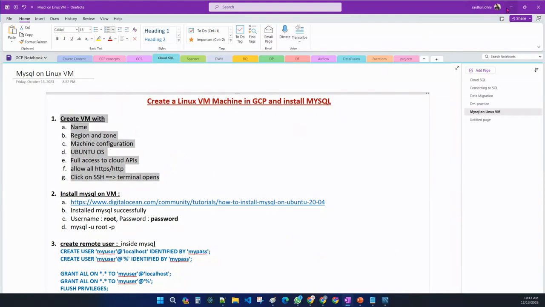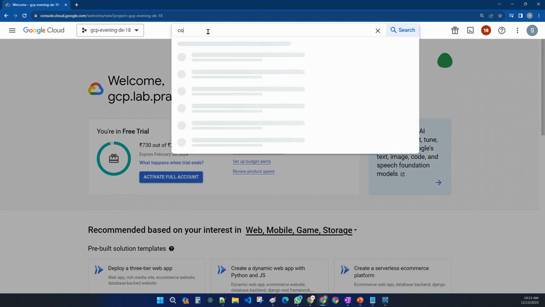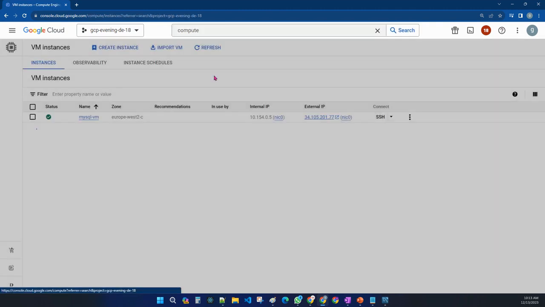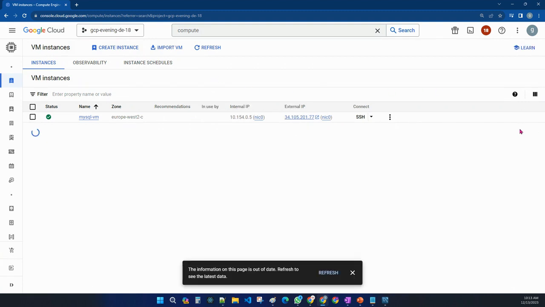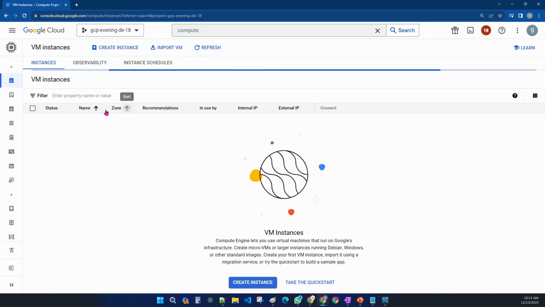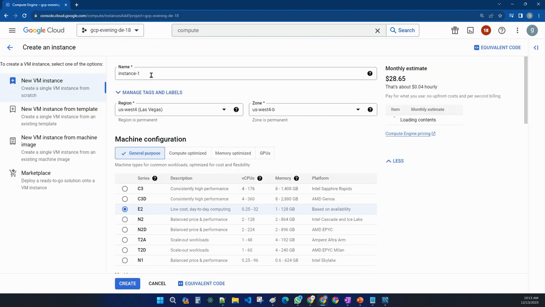Let me go to the Google Cloud platform. Now I have logged into my Google Cloud platform. Search for the compute engine. Click on the compute engine. You do not have any instances here. Click on create instance. Provide the name